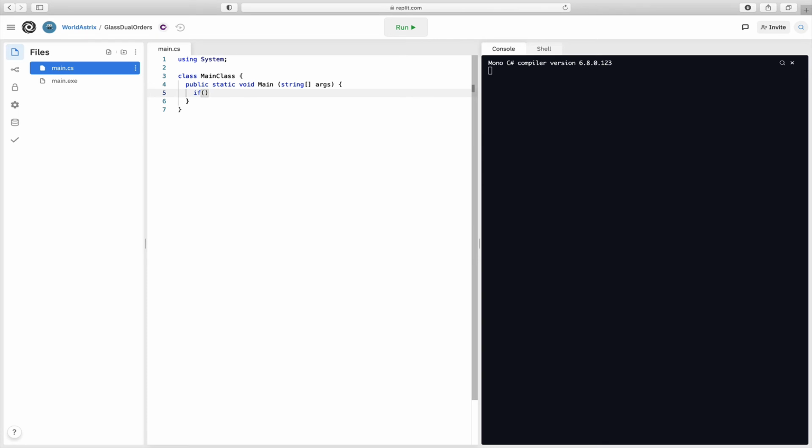So we write the keyword if, open parentheses, and let's say 5 equals 5. We obviously know that this is true. But let's print it out to the console. We're going to write console and then press the period key, and this is known as dot notation, which will allow us to access properties of this console class. So again, we're going to write console dot and the function writeLine. Type true inside of two curly braces, and at the end of every statement we have to insert a semicolon to let the software know that we are done with this statement. Now if we click on run, here we can see that the console printed out true